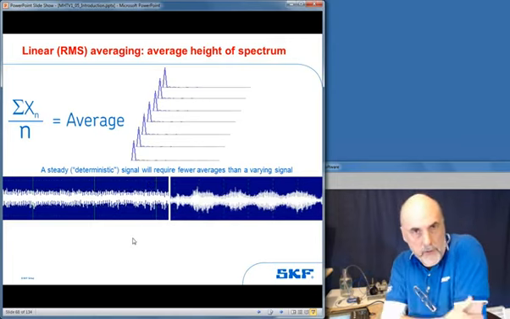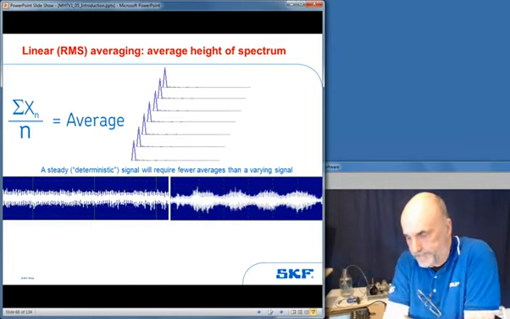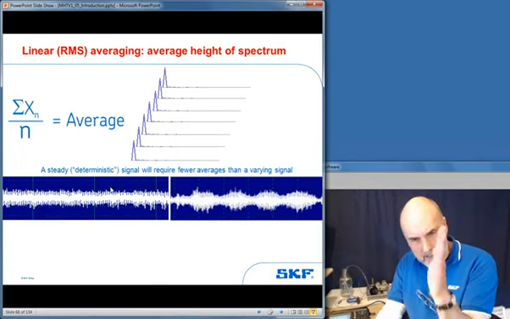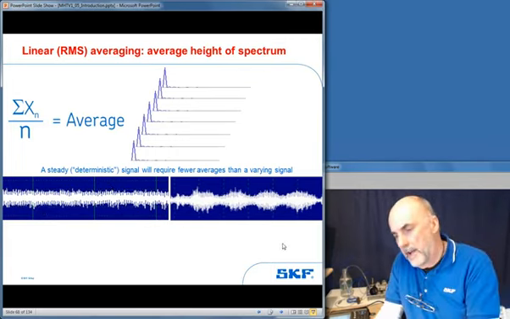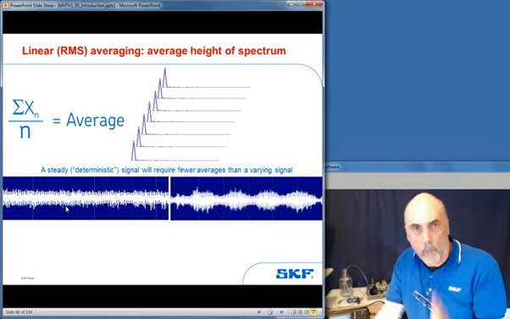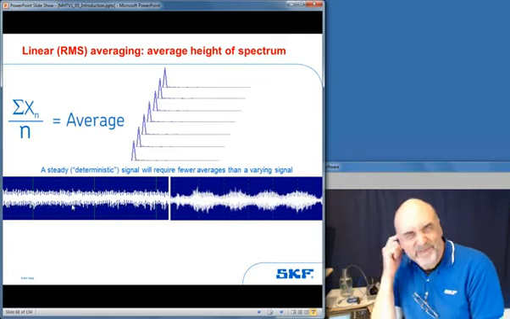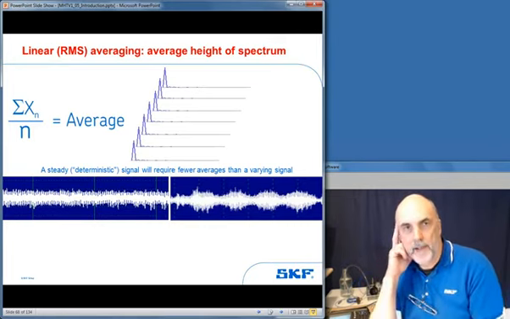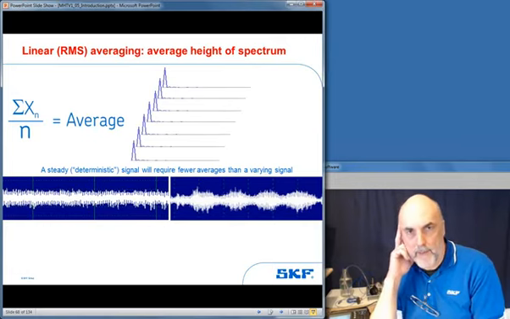How many averages should you use is a frequently asked question. As I've already intimated, it depends on how steady state your signal is. If it's really rock steady, it's arguable that no averaging is necessary at all. That one measurement might be adequate. Even if it's steady, I think I might be tempted to do 2 or 3, and I know many very reputable learned colleagues that would maybe take 2 or 3 measurements.